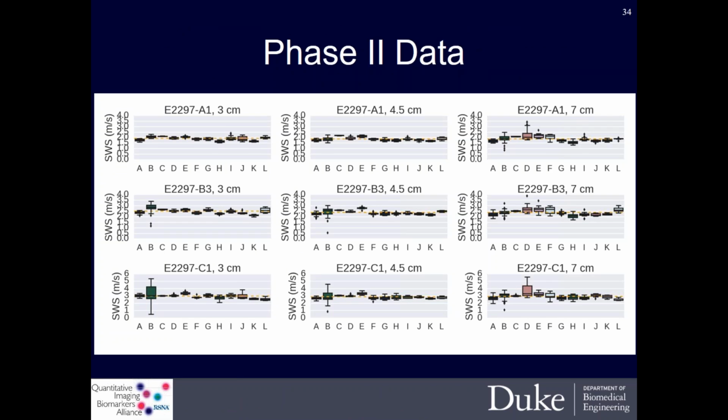And as you remember, focal depth was one of our concerns, so looking at the shallowest to the left to the deepest to the right foci. And what you could see in the dashed orange lines are the grand median for each phantom and focal depth combination, and then each box is showing the representative distribution of reconstructed shear wave speed values from a given system. If a system recorded Young's modulus or shear modulus instead of shear wave speed, all of these values were converted to shear wave speed using the relationship that I presented earlier.